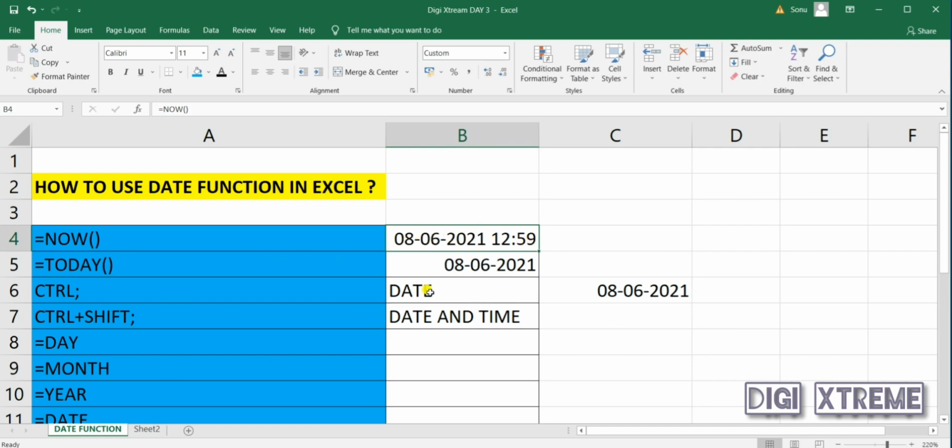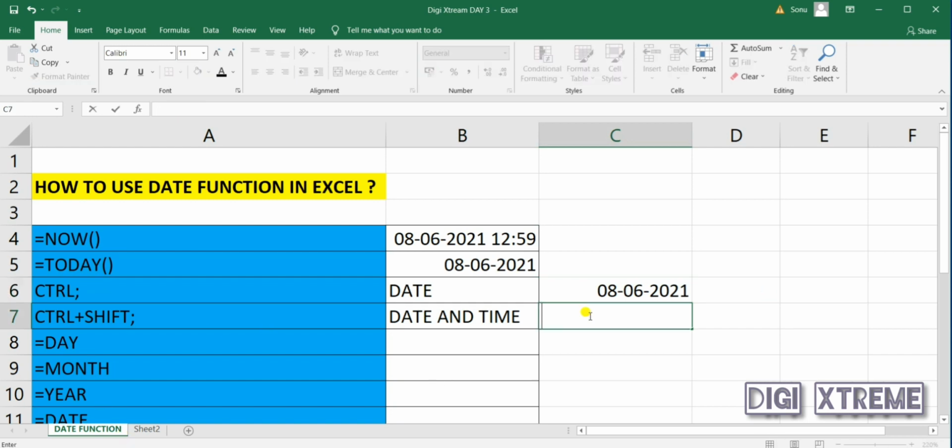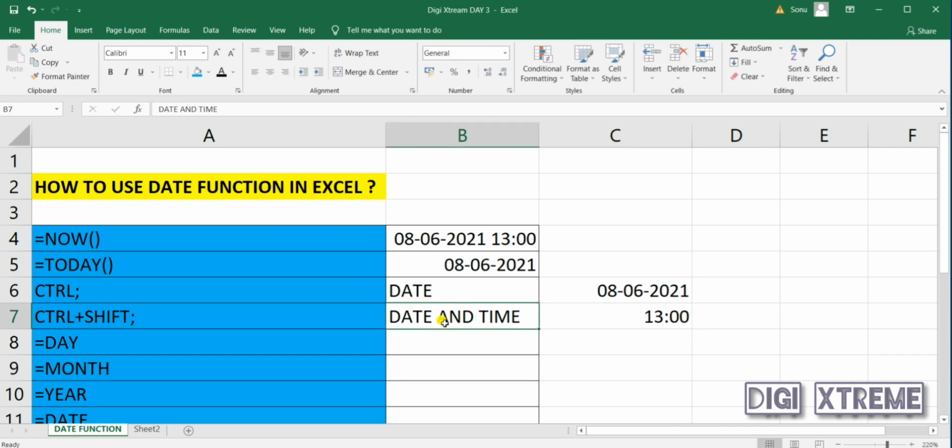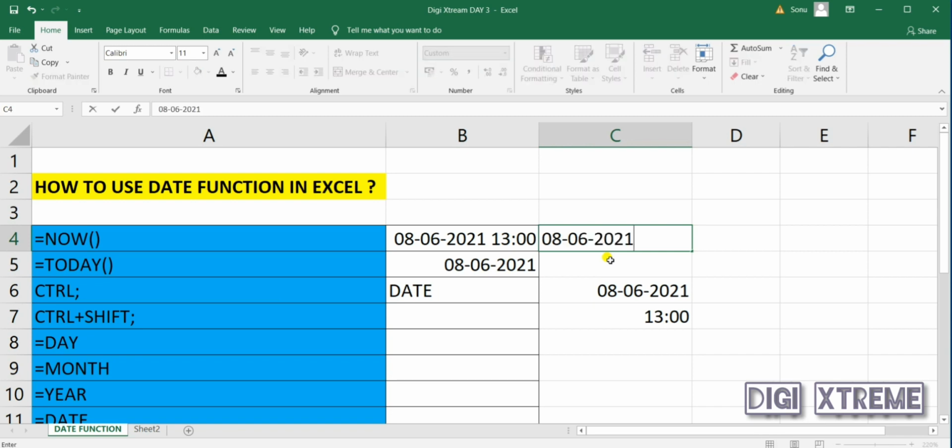But with this Control semicolon, it will not change, it will be the same. Control shift colon will provide you only the time. If we want both things here, then first you have to type Control semicolon, then space, then Control shift colon.